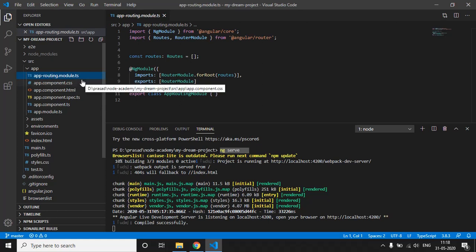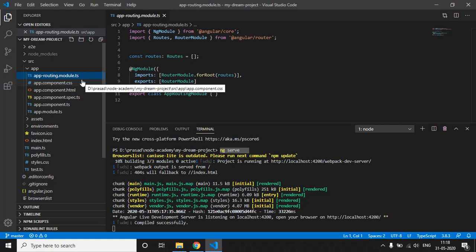Let's talk about what routing is. The general meaning of routing would be going from one place to another, right? Routing in terms of Angular means navigating from one page to another page, or from one component to another, in the Angular application, right?